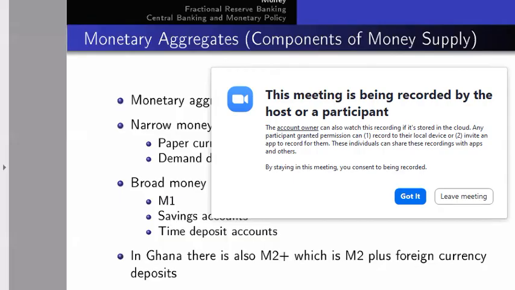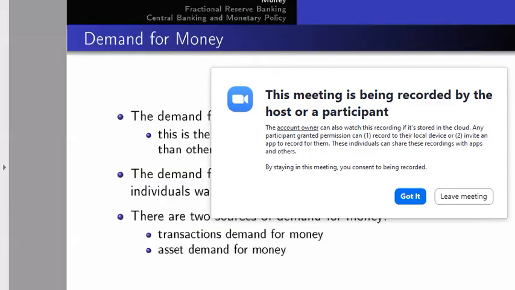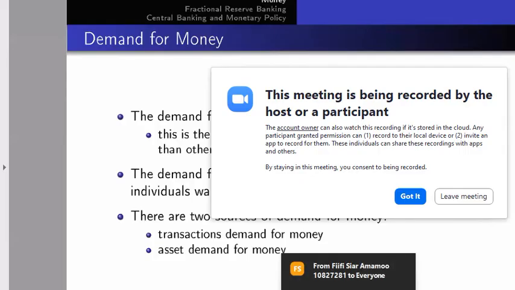So now, if there is money and money is scarce and money is traded on a market, then there should be a demand for money, and there should be a supply of money. Now let us look at the demand for money. The demand for money is also called the demand for